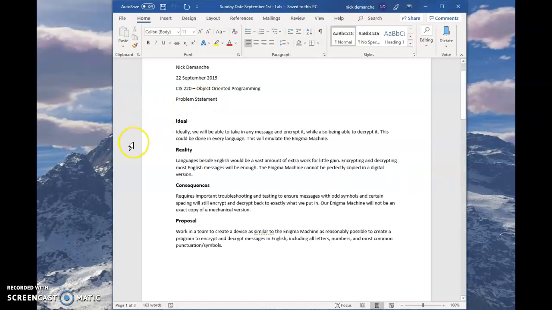So when I looked up a problem statement, which I had never made before, I saw this basic outline of an ideal, reality, consequences, and proposal, and wrote up a short little bit for each of them. So for the ideal, we will be able to take in any message and encrypt it while also being able to decrypt it. Obviously we'd like to be able to do it in any language, and it would fully emulate